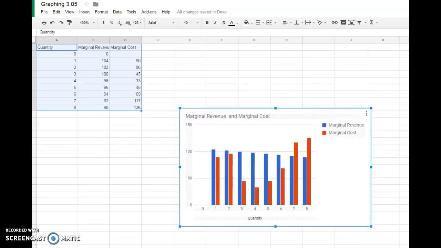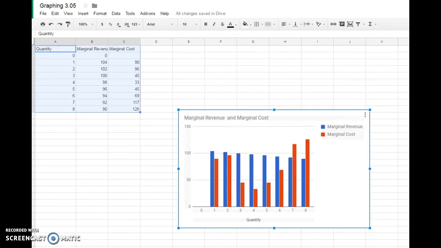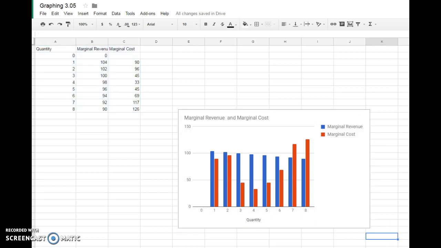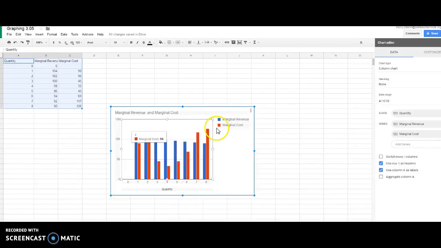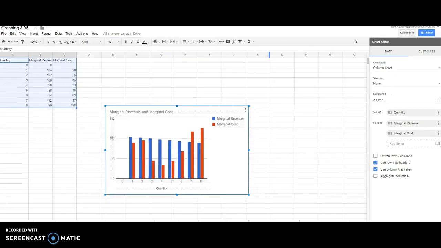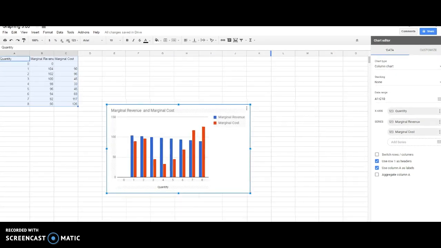Notice that I got a bar graph. That's not great. Let me expand my picture here so you can see what I see. So it did make a chart, but it's a bar one. I don't want that. So if you're used to using this, it's nice because you'll know how to use these tools over here. But I'm going to emphasize, and just in case you don't, so I'm going to go here,